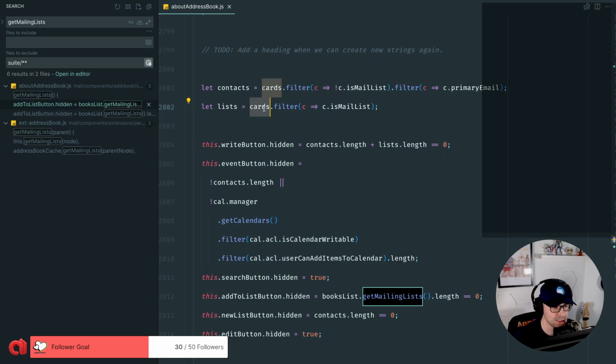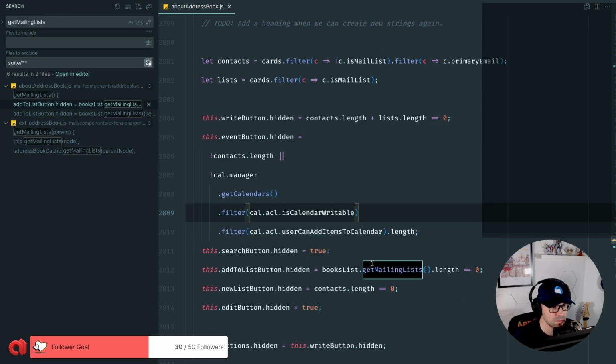Okay, perfect. So here we collect all the selected contacts, and we also check if any of those contacts selected is a list, because of course, if it's a mailing list, we don't want to show the button add list to a mailing list. That would be kind of silly. So the condition, this one that we're using here,